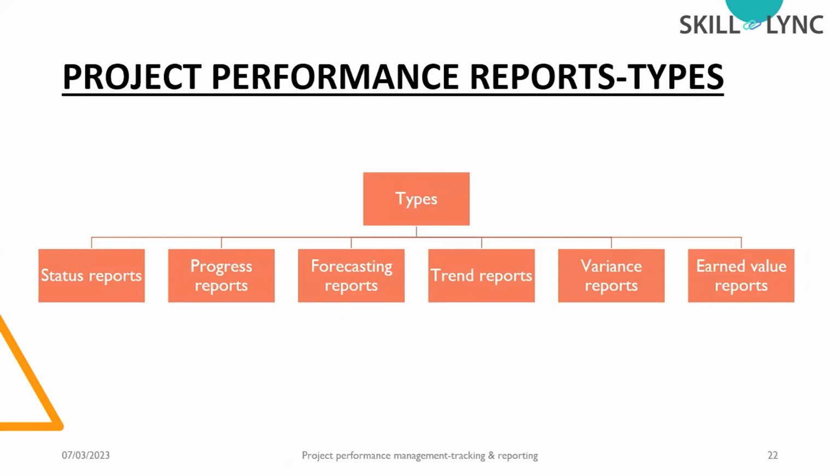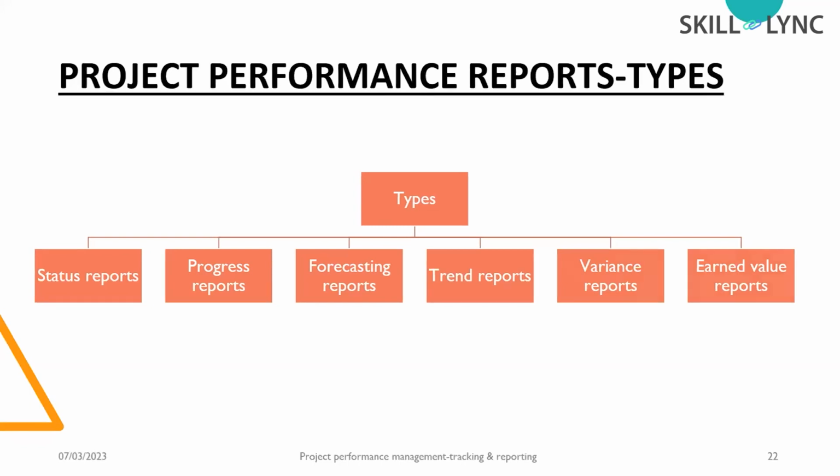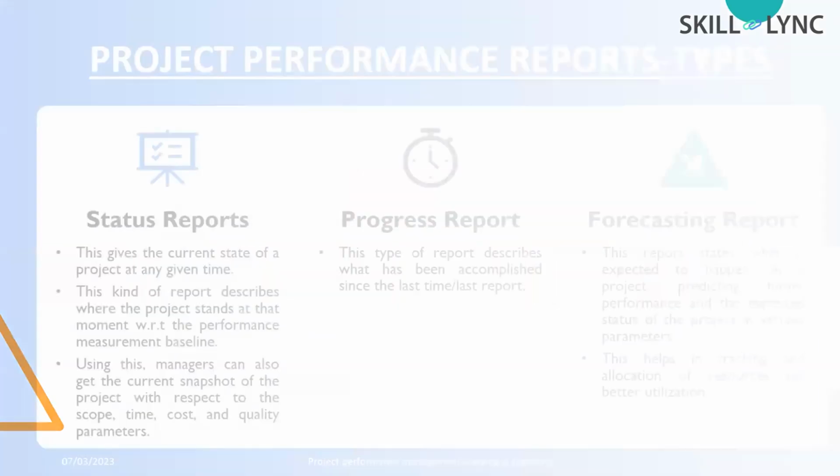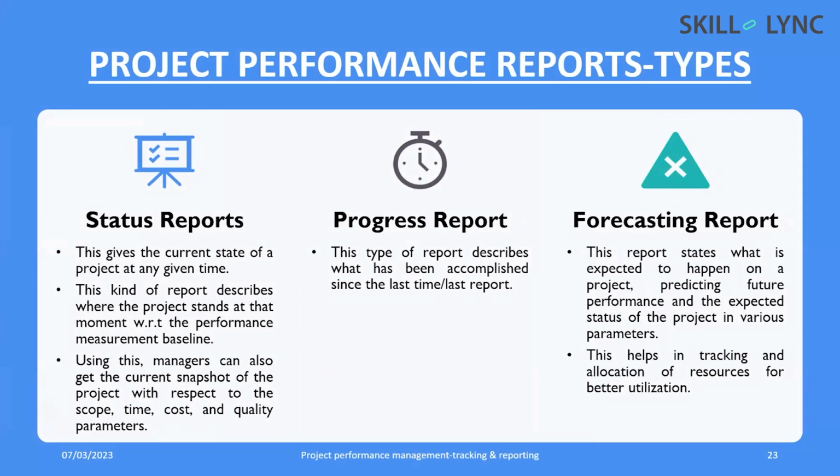Why? Because this is also an important part. Tracking the performance and monitoring the performance is not enough. We need to properly showcase that data to the communication team or the stakeholders. For that, we need to prepare proper reports. So these are the different types of reports that are available. The first report is known as the status report. From the name, I hope it is clear. A status report gives the current state, whether the project is progressing or whether the project is having any lag.